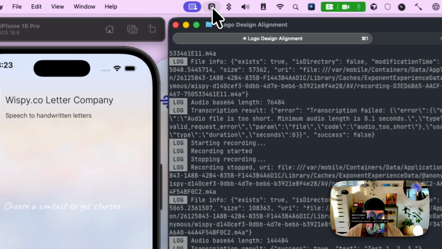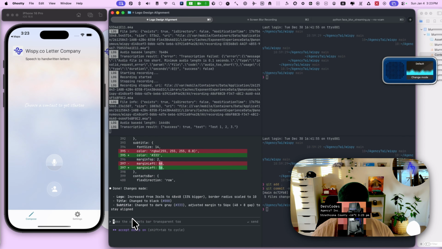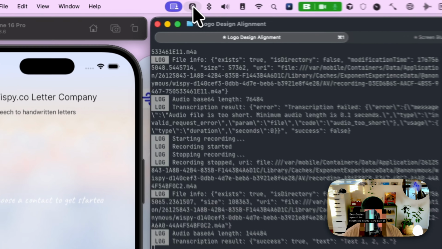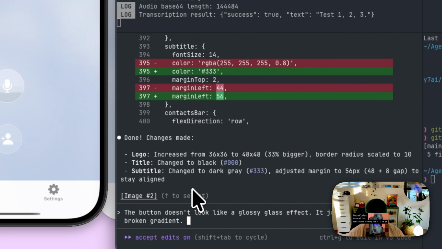It just looks like a broken gradient. Oops. The button doesn't look like a glossy glass effect. It just looks like a broken gradient. I was trying to get my paste to paste this in, but